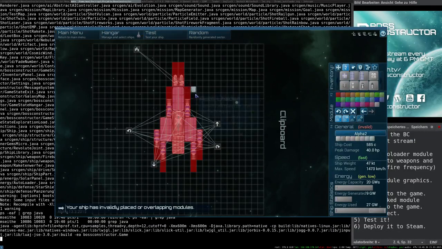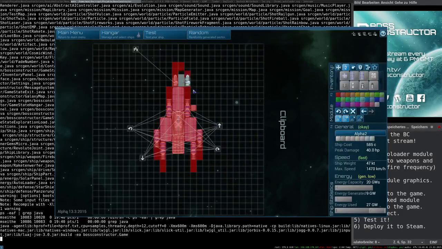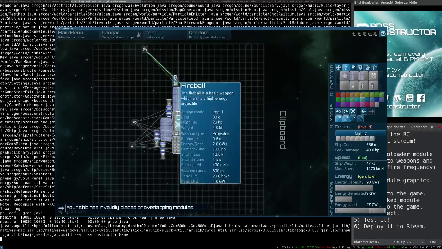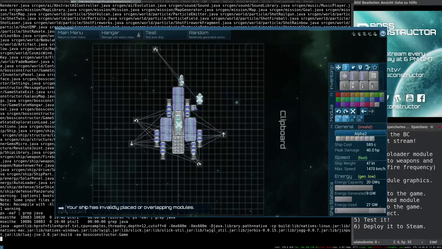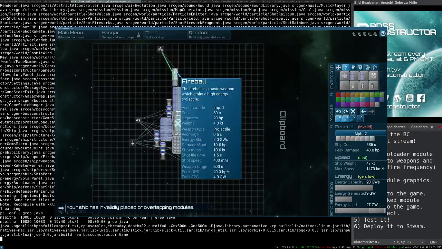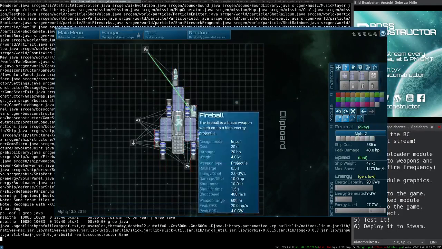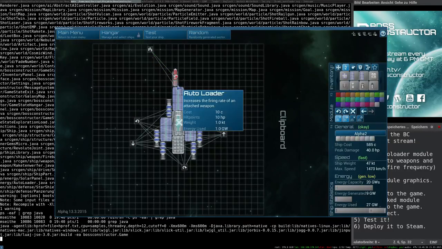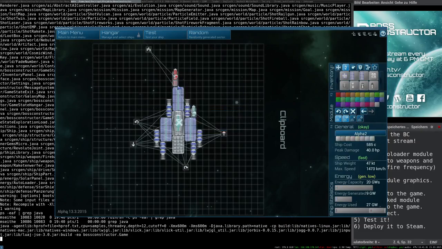Okay. Okay, so of course at the moment the module shouldn't do anything, it just looks nice, which is here,